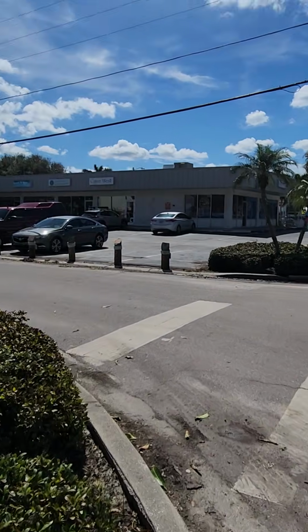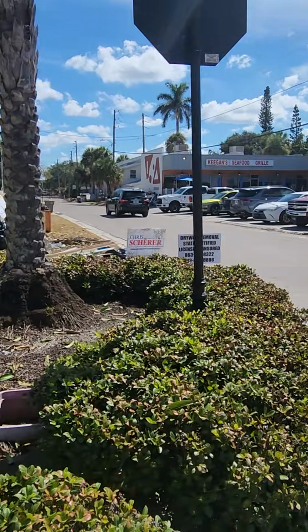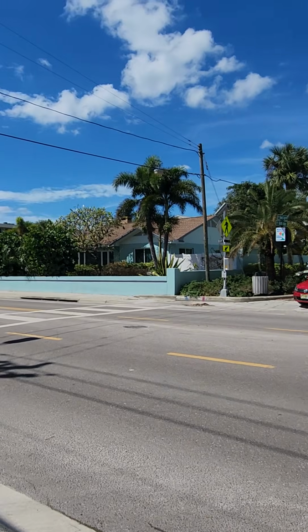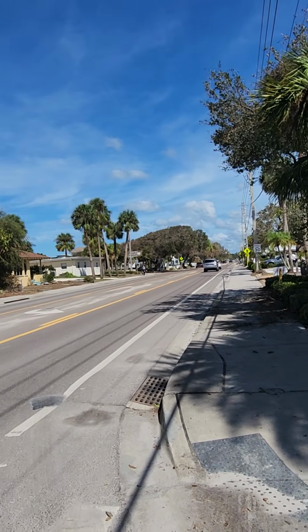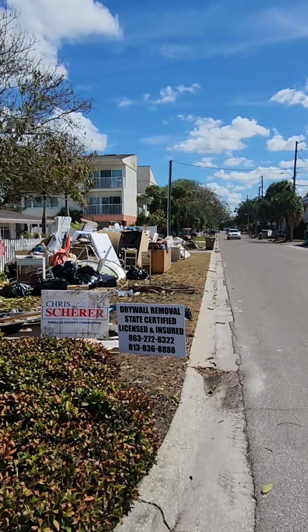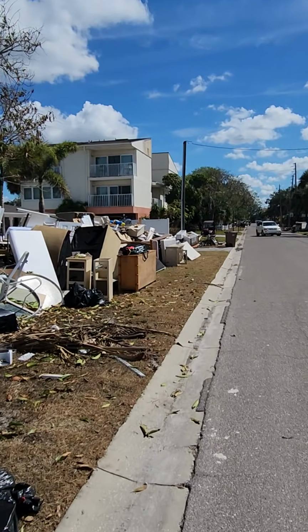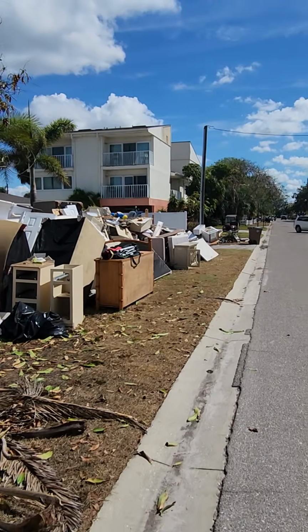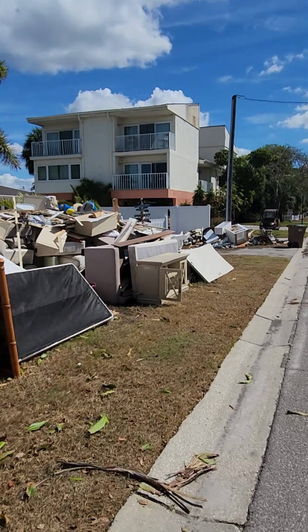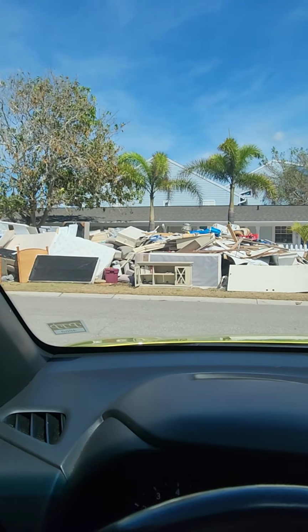Okay, here's some more of the aftermath of Hurricane Helene here in this area. All that over there got flooded out. This whole strip, all the way down this road, got flooded with flood water. It's dry now, but this is the aftermath of it. Poor people. I'm a give y'all insight about that in a moment. Give me one moment. Just devastating